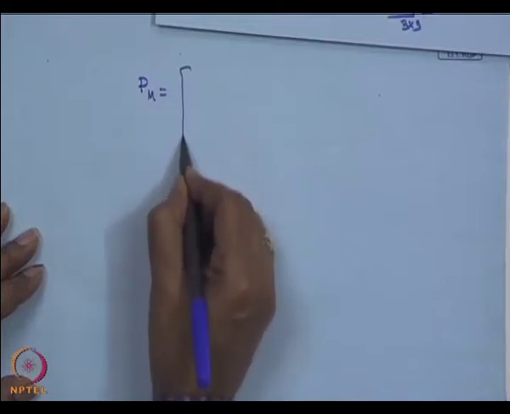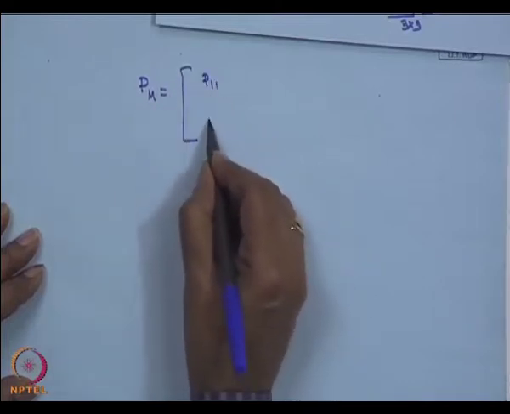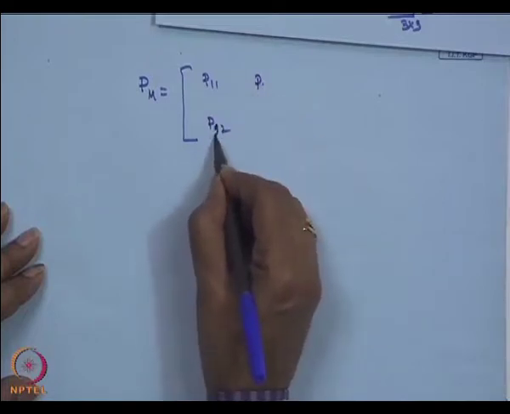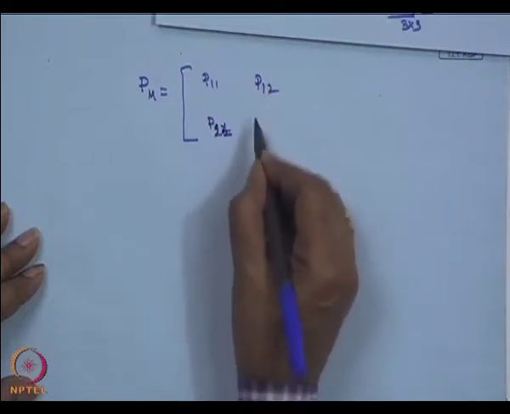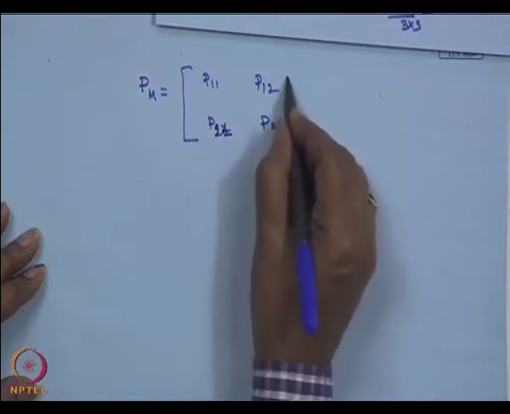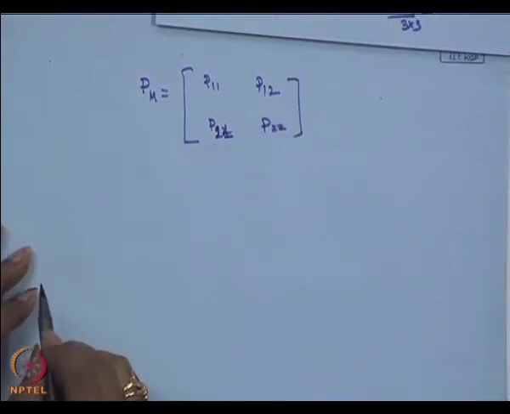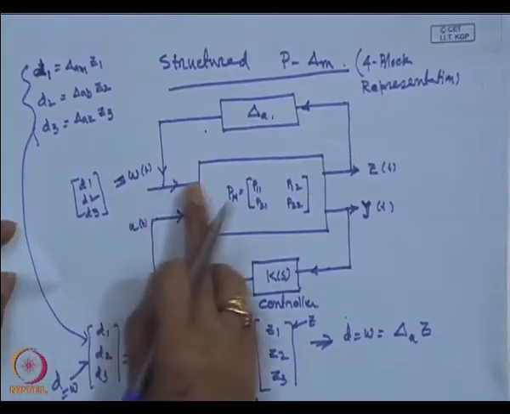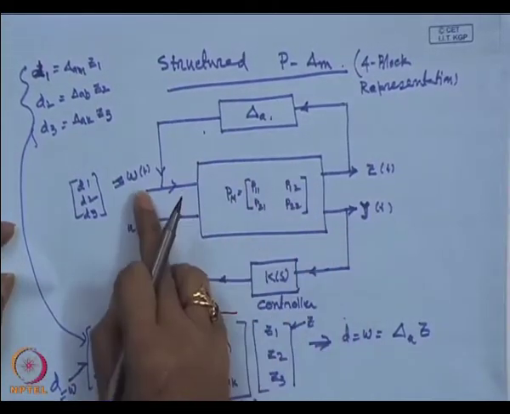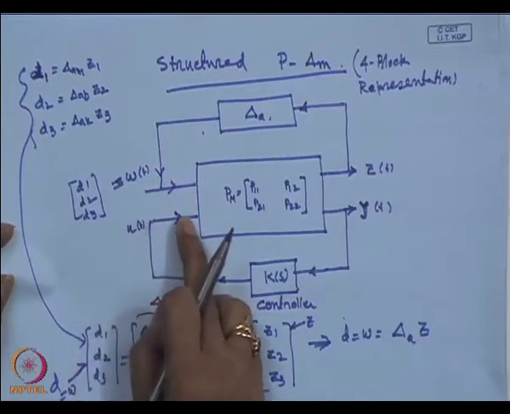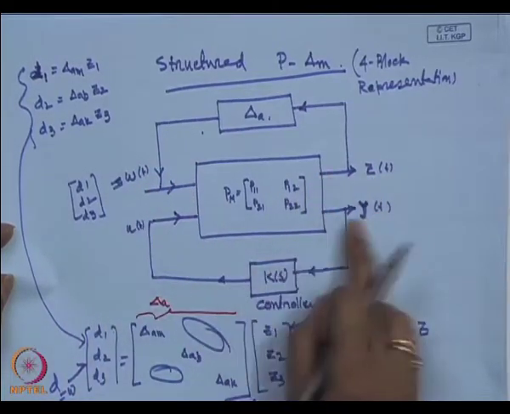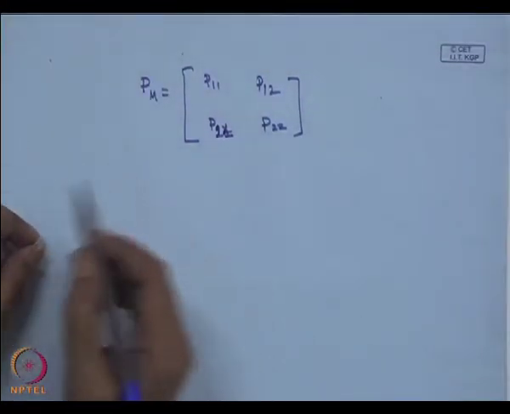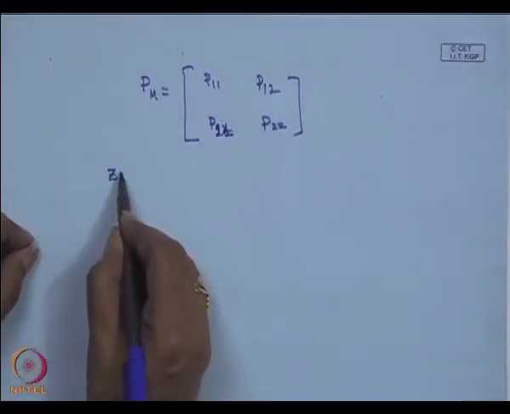P m is P 11, P 12, sorry, P 21, P 12, P 22. Agree? And what is this input? Input is in transfer function form. Input is W, u, Z. So, your transfer function you can say, then I can write it now, Z of s,